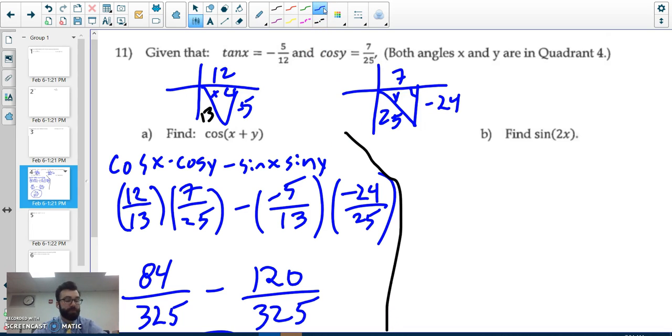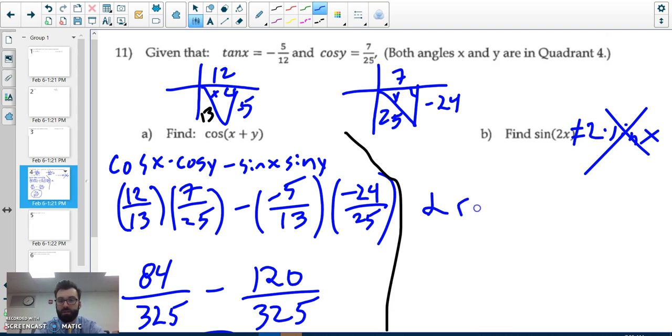Okay, sine of 2x. Now, this is not equal to 2 times the sine of x. So don't make that mistake. All right, we need to use our double angle formula, which is